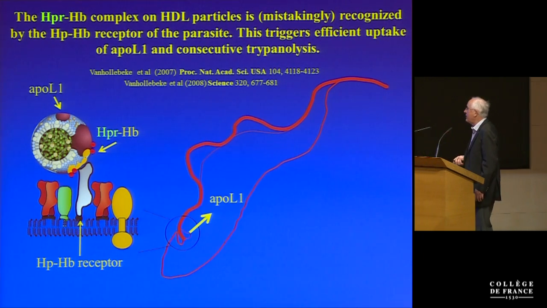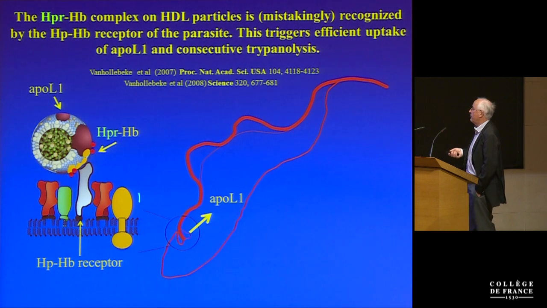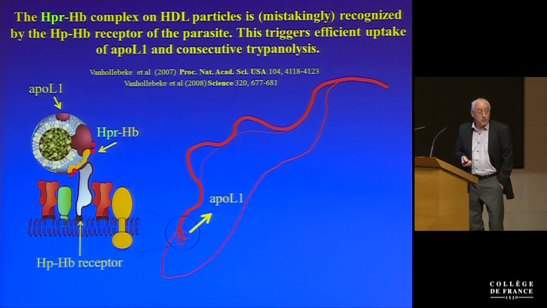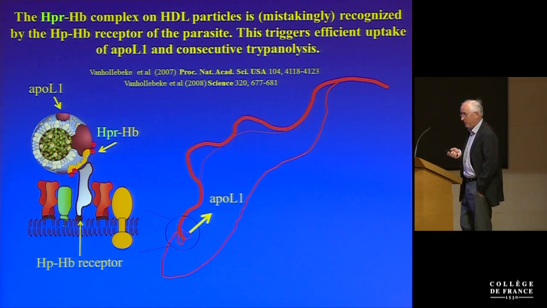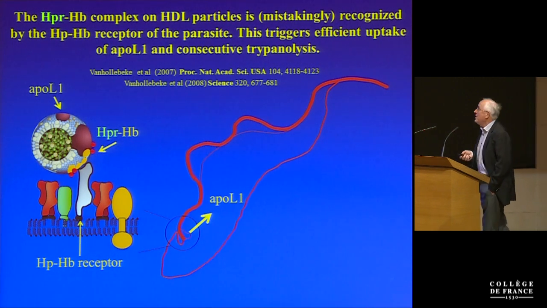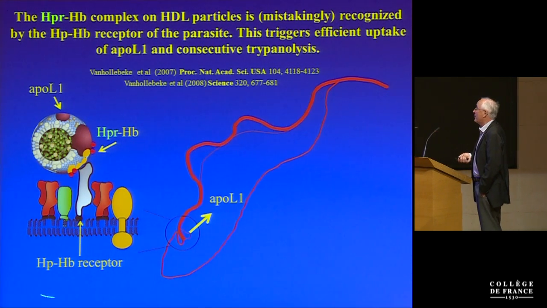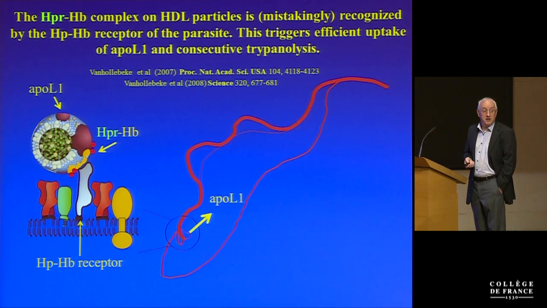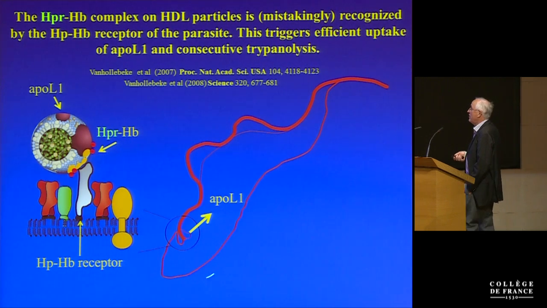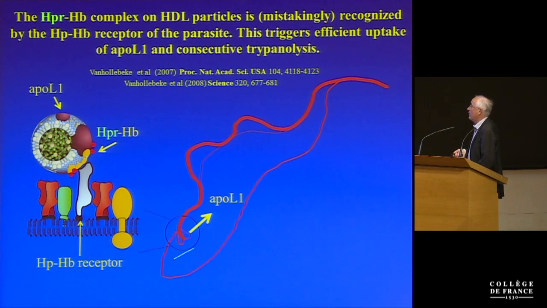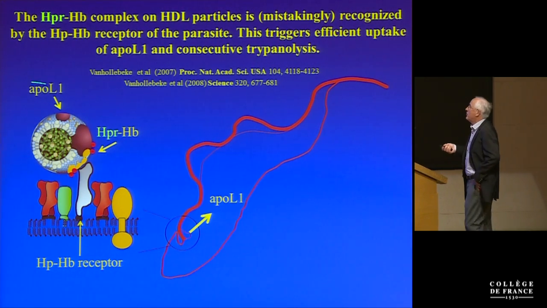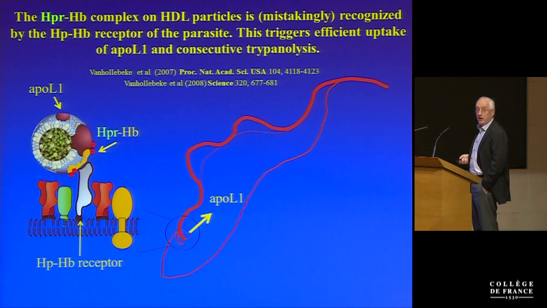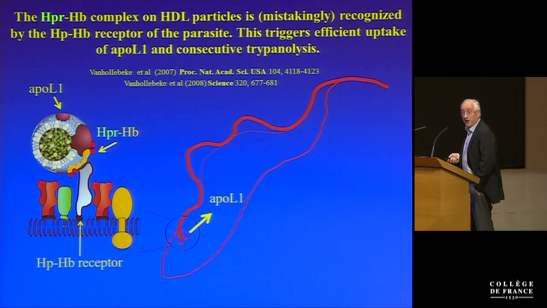So it was a good idea for T. brucei to have this kind of receptor at the cell surface, but as you can imagine, in human blood, or gorilla blood in particular, it becomes a problem, because, as a matter of fact, this receptor cannot discriminate at all between HPR-HB and HP-HB, okay? So it means that in human serum, the presence of this receptor on the surface of the parasite is the best way to catch and internalize toxic particles that will ultimately kill it, okay? That's the way it is.